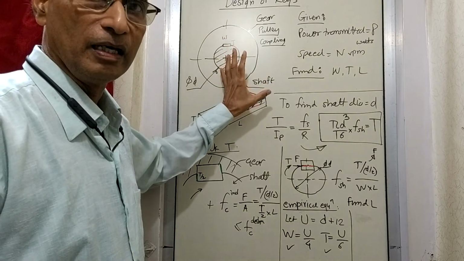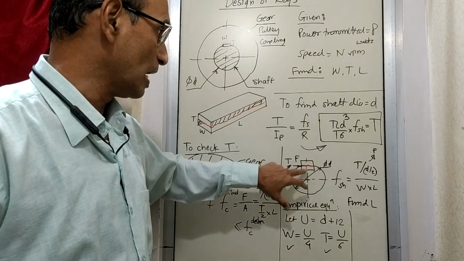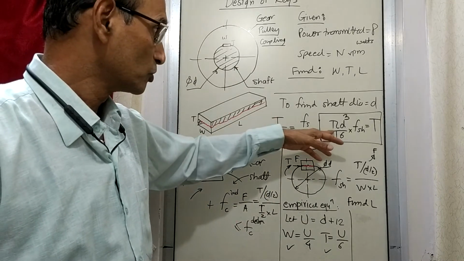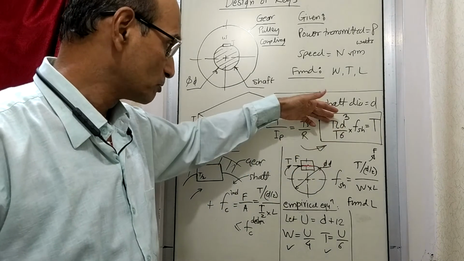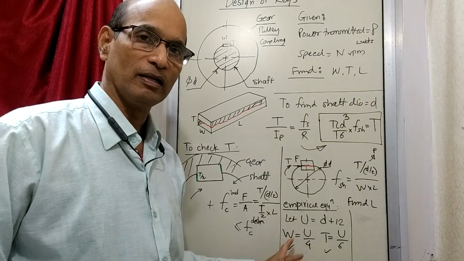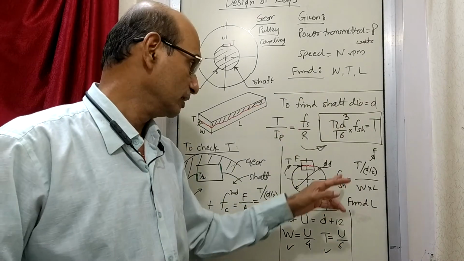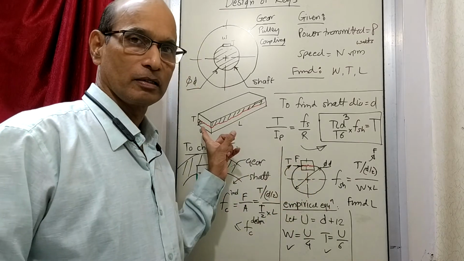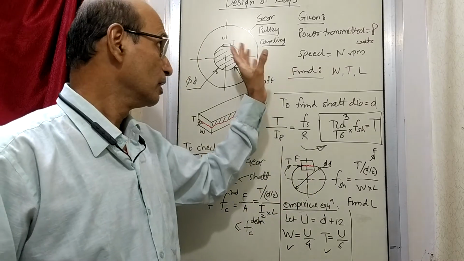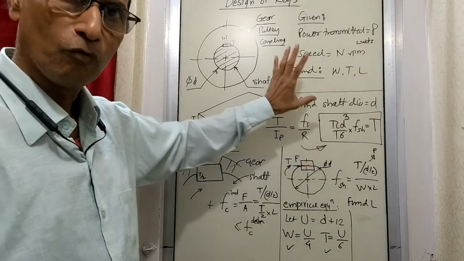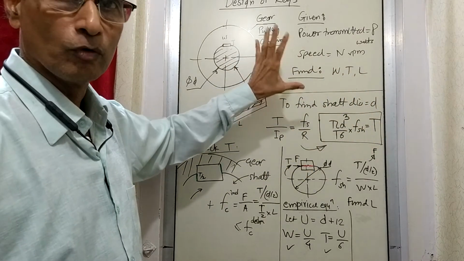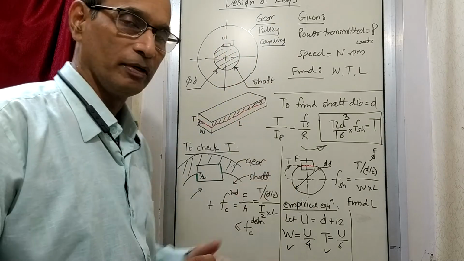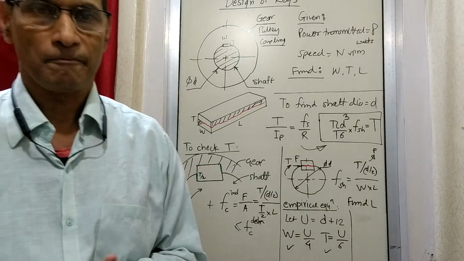We have designed the key by making use of the diameter, because first we found out the diameter. By finding out the diameter, with respect to the diameter, we have finalized the cross section of the key, and then checked whether it fails in shear and in crushing. So that is the design of the key, in a simple way. And we are not taking different types of keys, we are taking just a simple plain rectangular key to understand how it is to be designed.